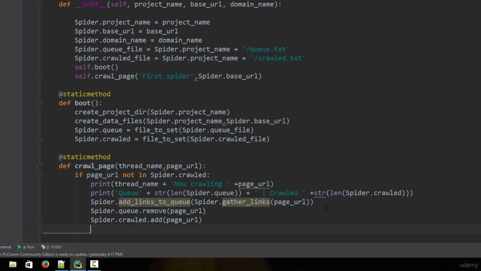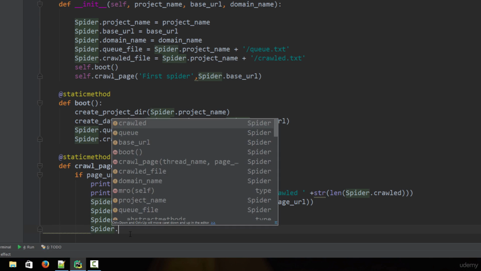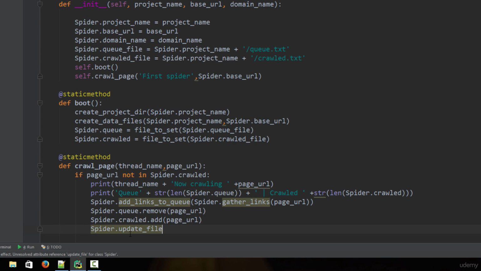Once this thing is done, the final thing which we need to do is that we also need to create the update files function as well, which is basically going to update all the files, because remember, these things are right now stored in the sets and they are not returned to the files. So finally we need to make sure that the data from those sets is actually returned to the files, so that the permanent data is actually stored in the files. So we type spider dot update files, and remember that even this function is not created at the moment, and we will create the add links to queue function, the gather links function, and the update files function